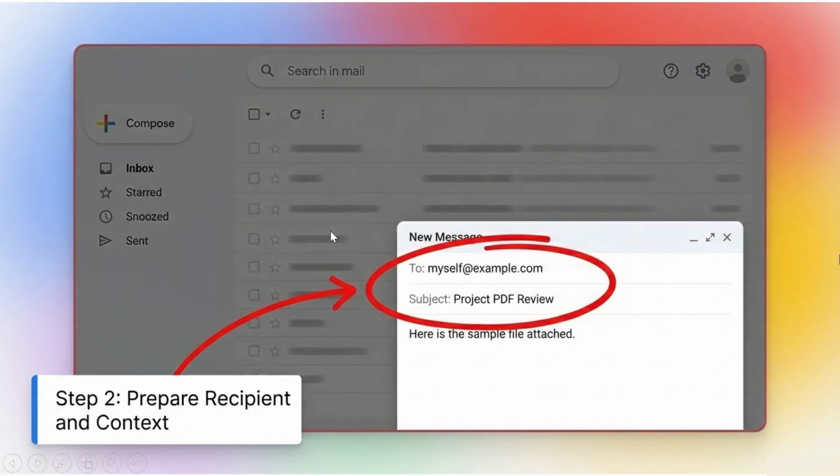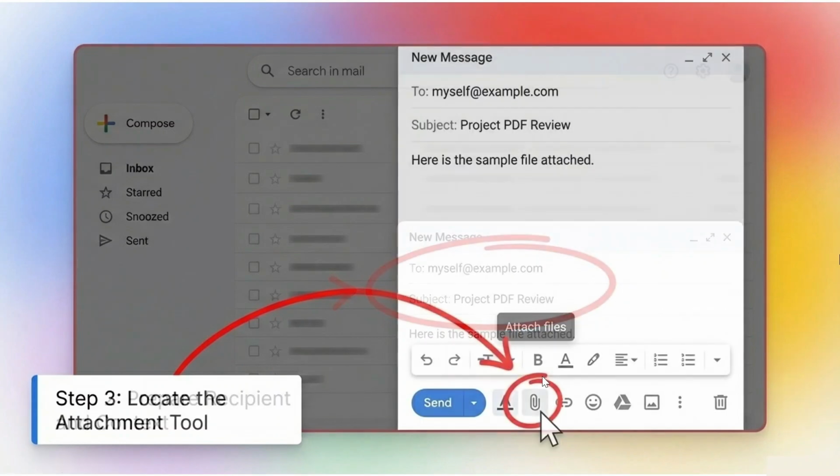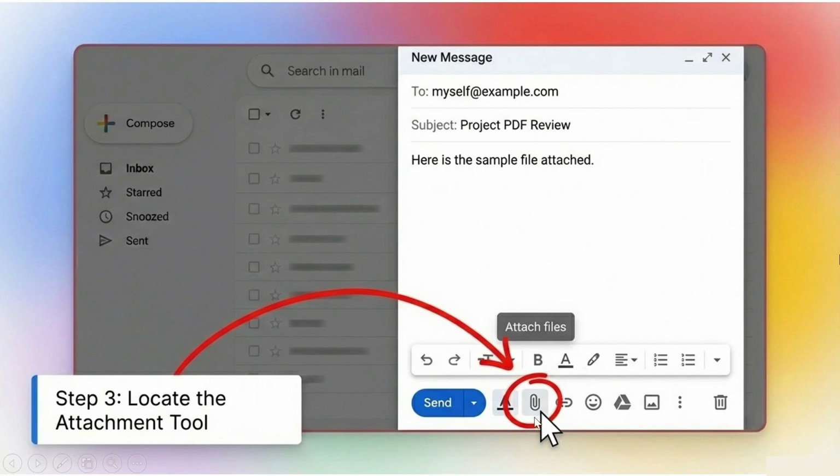tab. So it will open up a new message. Here you need to add the recipient name, the subject heading, and you need to write your message. Once you have completed the draft email, then you need to go to the next step where you would find